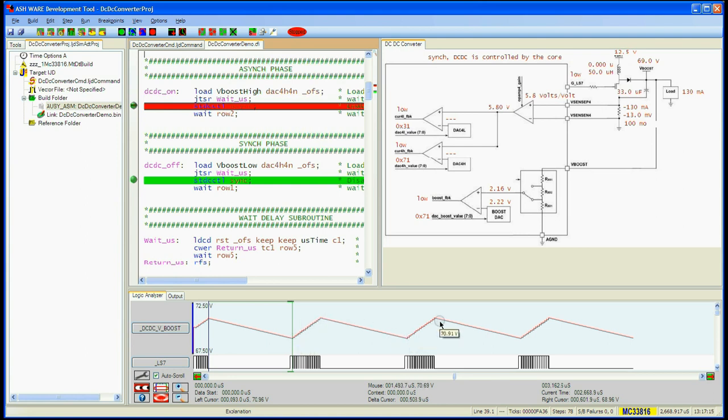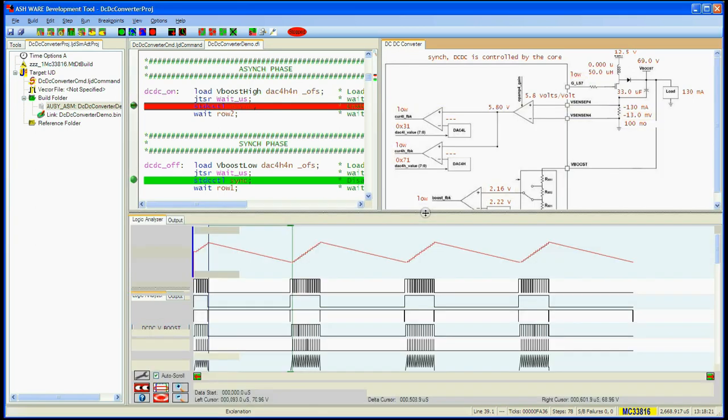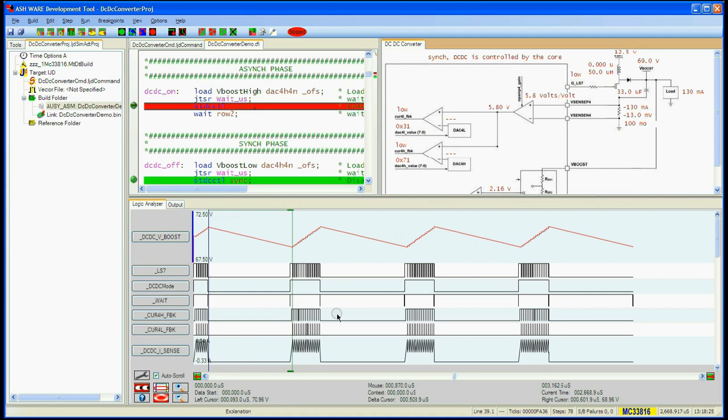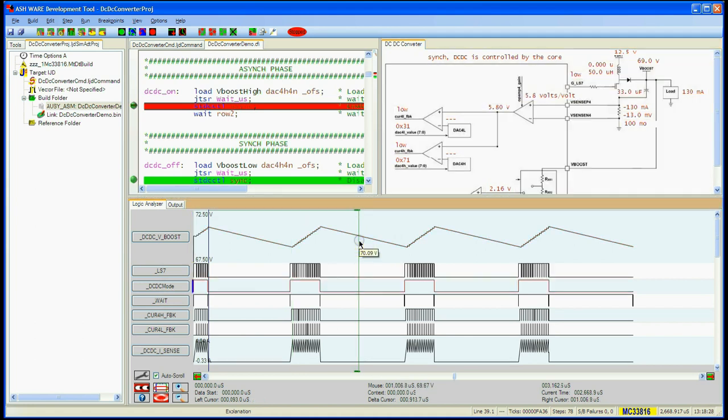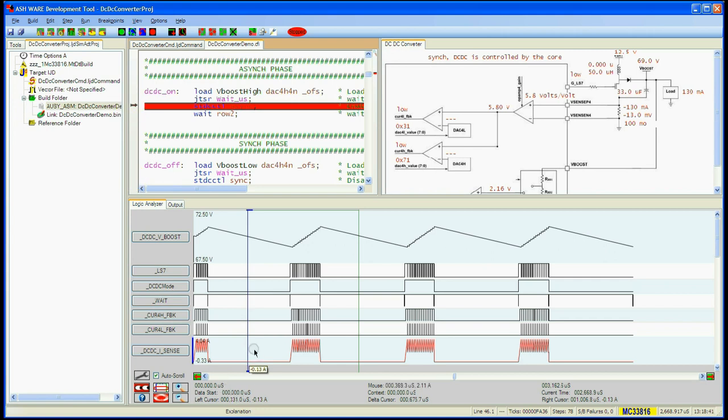Indeed, I can see that during the synchronous portion, the LS7 output pin, which turns on the power FET, is off. I'll expand the logic analyzer so that the current sense resistor's current waveform can be seen. Let's make this waveform active by hitting the down arrow key on the keyboard until it is the red highlighted waveform. When I place a vertical cursor on the current, the exact value is listed in the left current indicator as